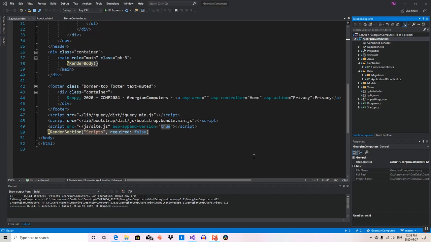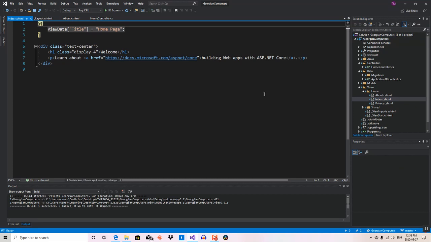I think one thing I'd like to do right now is go in and actually change my home page. So if I go to View, Homes, not About, I want to go into Index, open that up. It's not as nice as it should be, so I think now might be a good time to do that. So first thing off, I'm going to change this home page to Georgian. Oops, sorry. Went to the wrong keyboard for that for a second. Okay, so definitely the home page I'm going to change to Georgian